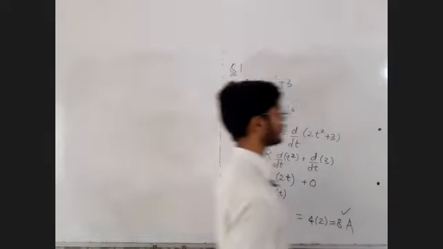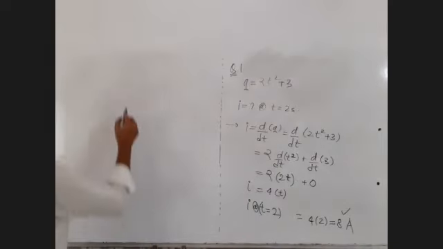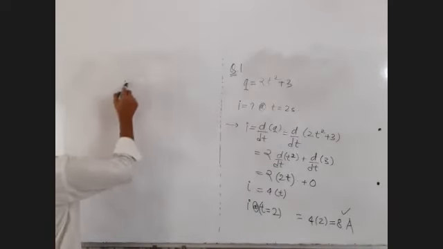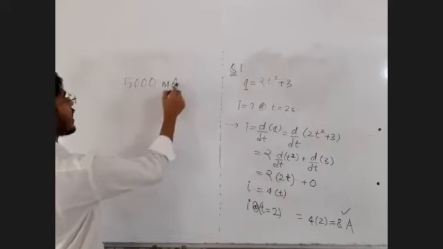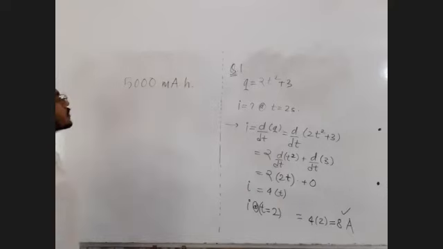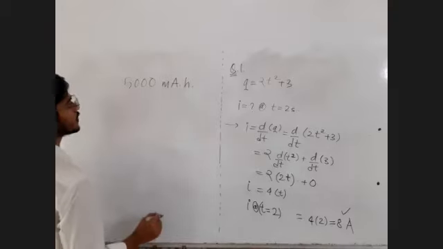मोबाईल बॅटरी बघितली तुम्ही, मोबाईल बॅटरी. The rating of the mobile battery is given like this: 5000 milliampere hour. Milliampere hour, 5000 milliampere hour. Okay, what does that mean? That simply means like this: